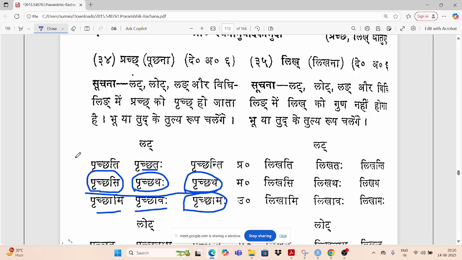So what is happening with the change in the कर्ता. If the कर्ता is वो or राम, then it is becoming प्रथम पुरुष. So कर्ता के अनुसार पुरुष बदल गया. If I say बहुत सारे राम, तो रामाः, तो उसके अनुसार there will be पृच्छन्ति. So रामः पृच्छति will become रामाः पृच्छन्ति और रामौ पृच्छतः, in that way. And similarly for this one also,